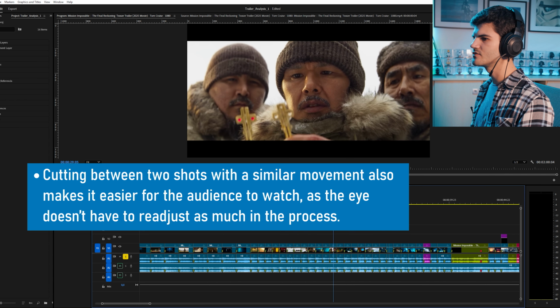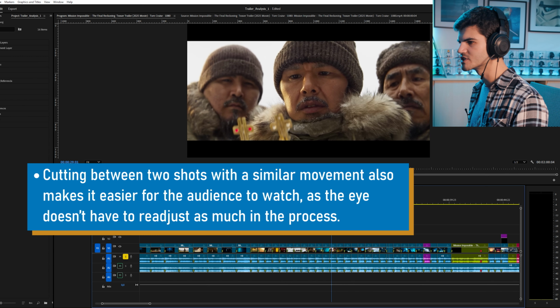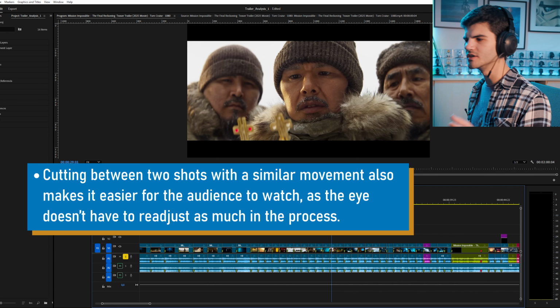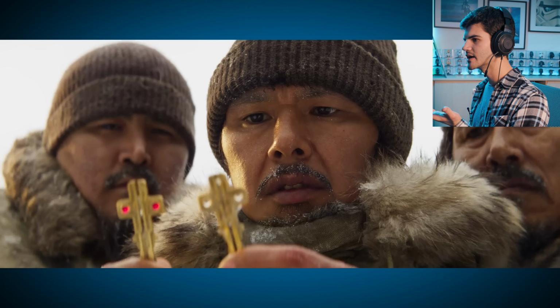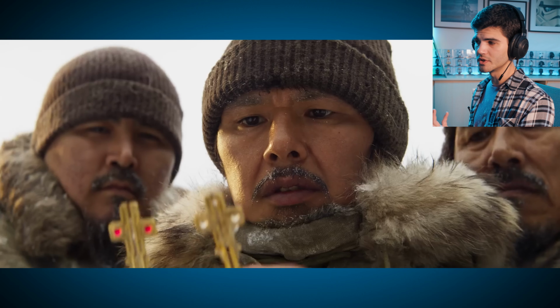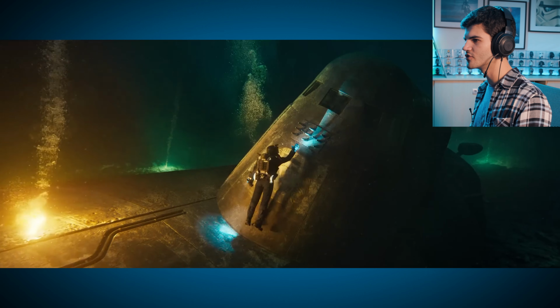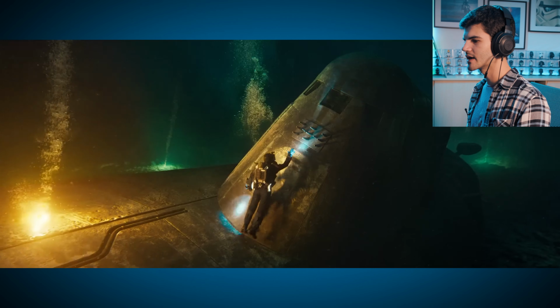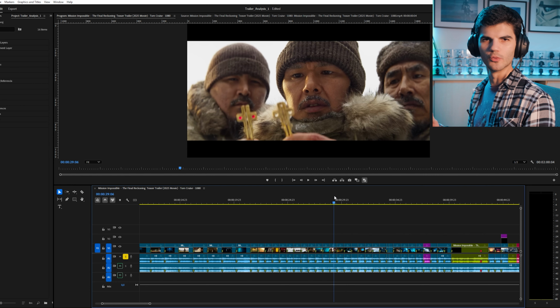Like here, I love this moment where this guy raises the two crosses, which are the two halves of the key. And as he raises them, moves them upwards, it cuts to Ethan, or we assume it's Ethan, rising in the shot as well, moving upwards. Again, small thing, but it really makes the edit way more fluid.